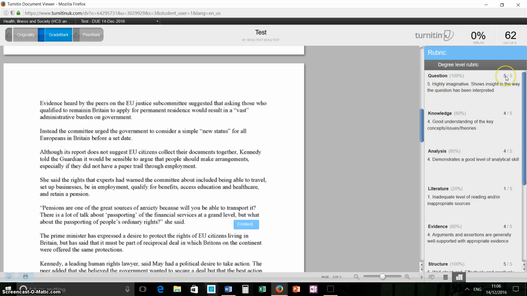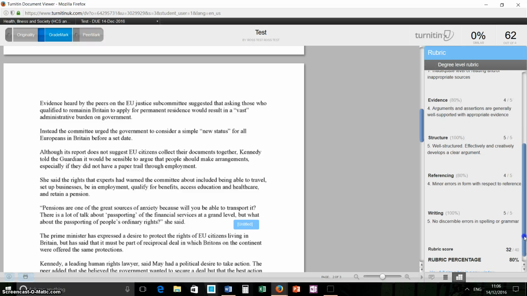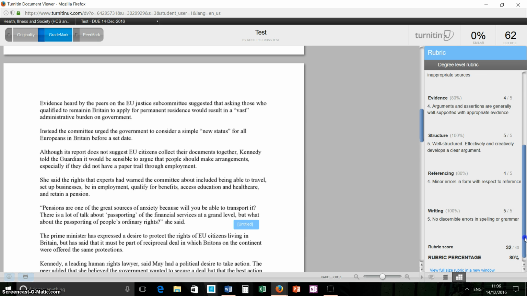So if you get 5 out of 5, the top grading for the question, and the comment will be highly imaginative, etc. Likewise, so these grades are slightly below the top, but they're still very good. I've just given, just to show you for the literature, the lowest comment you could find, and so on and so forth. Right, so that's how you view your